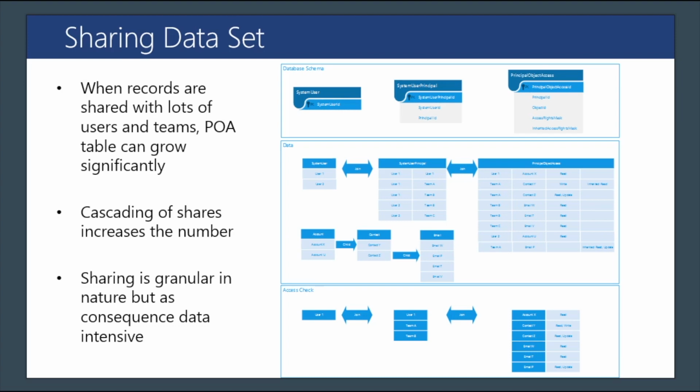So maybe it's not necessary when you share the master record for all the child records to be shared. Maybe it is, but maybe it isn't. So consider that as well when you're creating relationships, and ensure that you're configuring those as appropriate with your sharing model in mind. Okay, and also keep in mind some of these other components that we discussed also leverage sharing